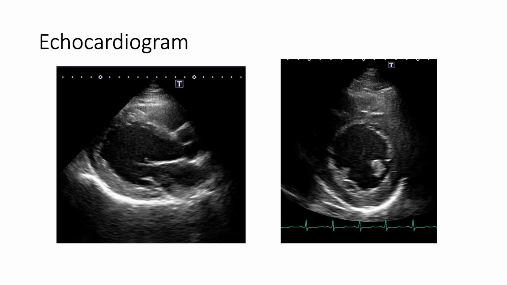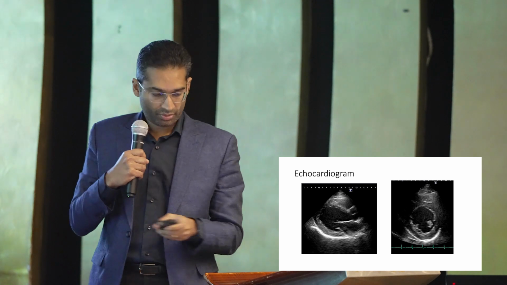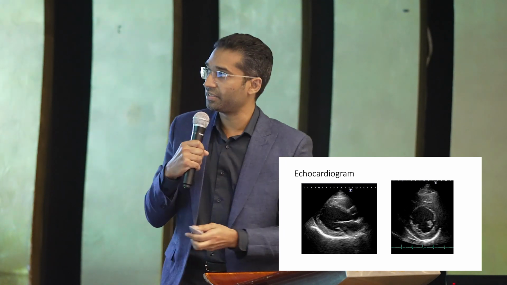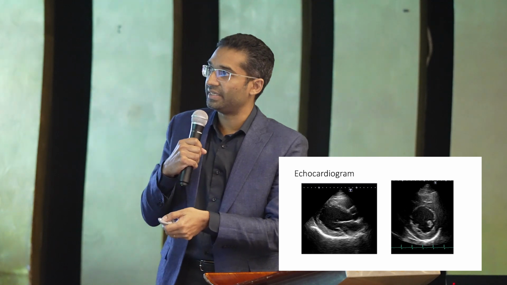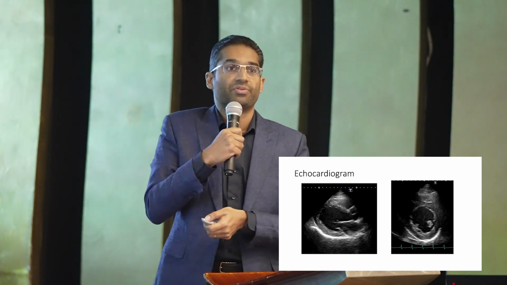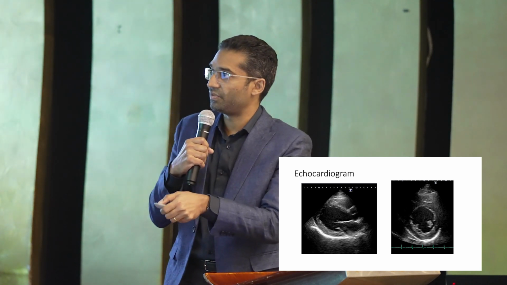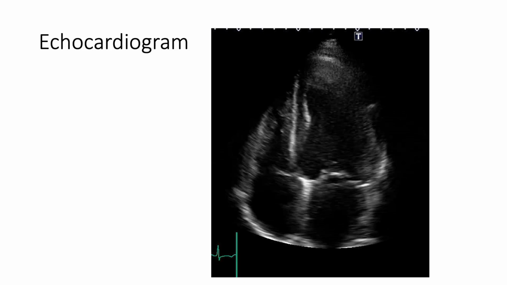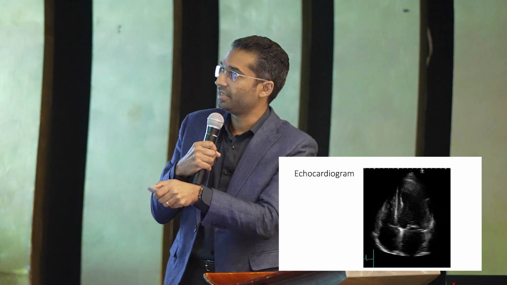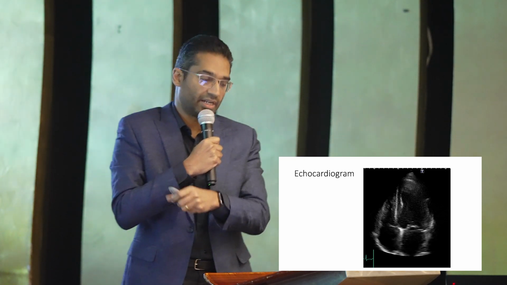Okay, so of course in our setting, we have the luxury of doing an echocardiogram. So you can see here, this is a long axis and a short axis view, right? You can see that the left ventricle is slightly dilated and the contractility is reduced. You can also see it in the short axis view, right? And if you look at the next slide, this is the 4-chamber view. Again, the contractility of the left ventricle is reduced and the chamber appears to be enlarged.